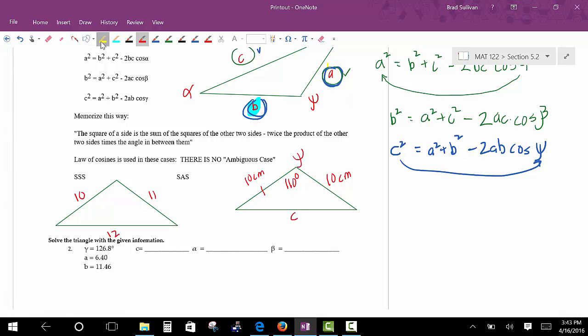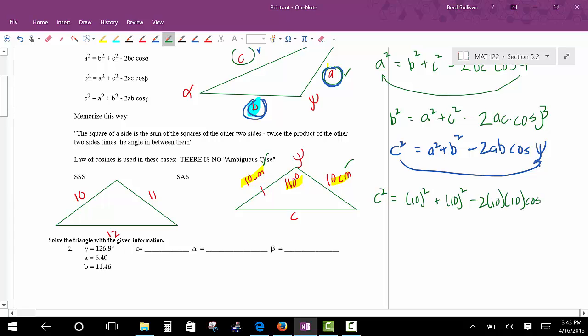So if you're given a side, then an angle, then a side, then you would do the law of cosines basically like this. You would just take the side opposite the angle, c squared. That would be equal to the sum of the squares of the other two sides minus twice the product of those two sides times the cosine of the angle opposite that c, or in between those two sides. So you would end up having this set up, and then you would be ready to get your calculator out